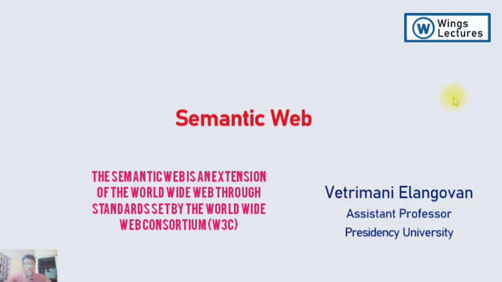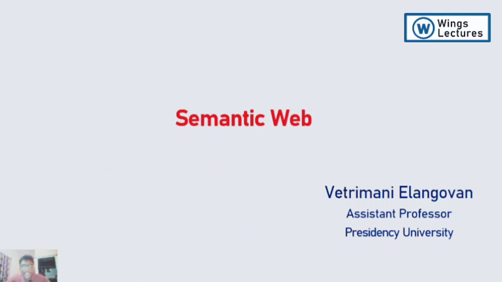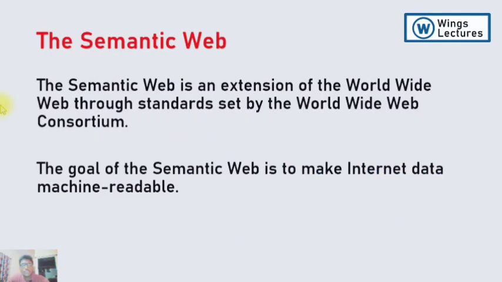So the scope or the aim of the semantic web is to make the internet machine readable. Okay, the data available on the internet has to be machine readable, right? So that's the main goal of the semantic web. At present it has come into practice, right? And as we go through the examples, you'll come to know how it is really used.